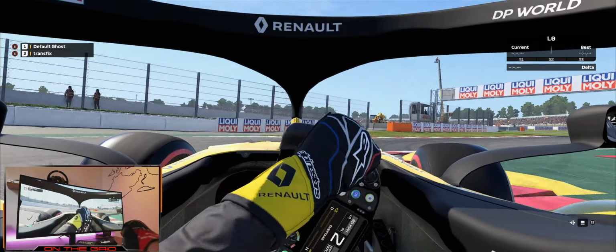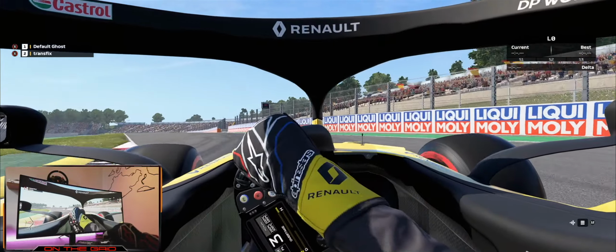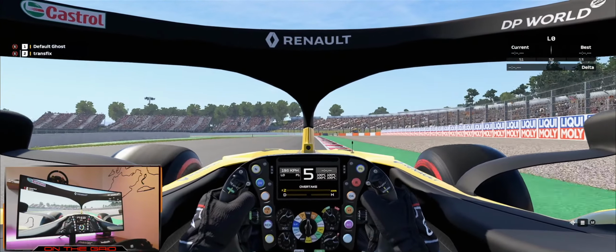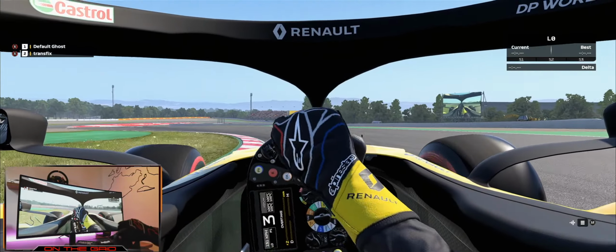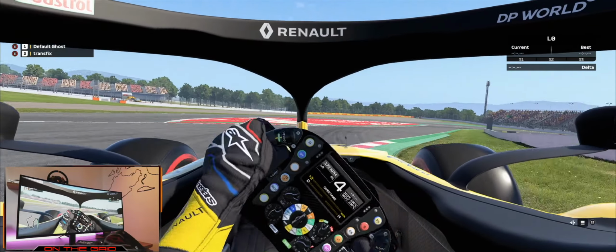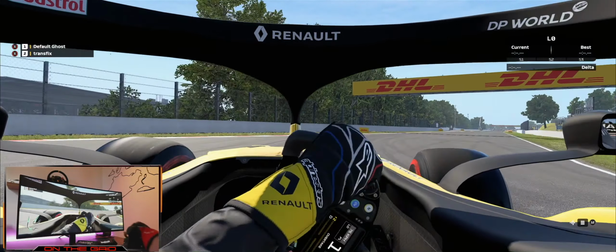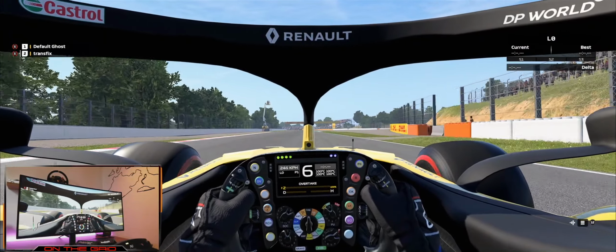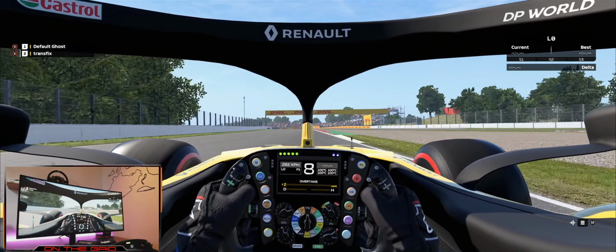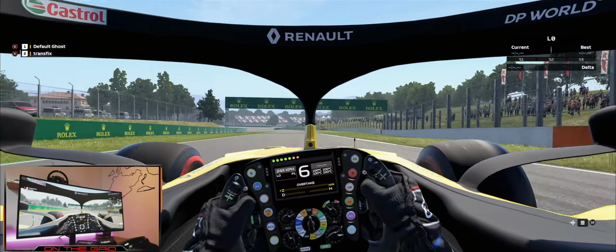Oh yeah, that one's tricky going in the regular configuration, let alone reverse. I don't know if the DRS will do very much going in reverse from there.